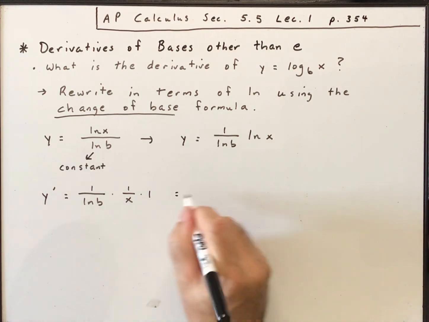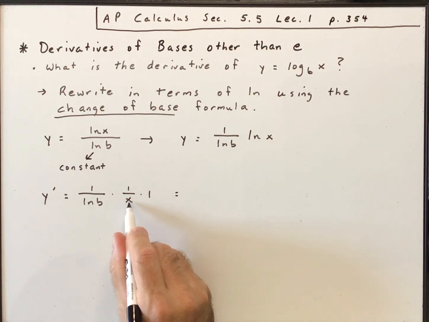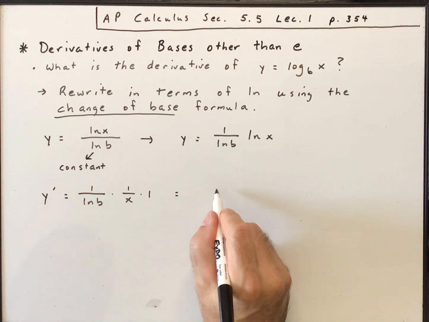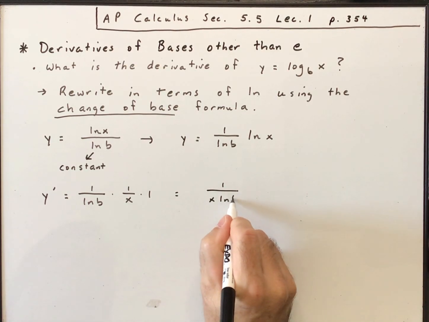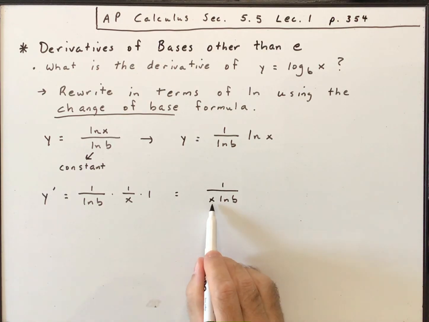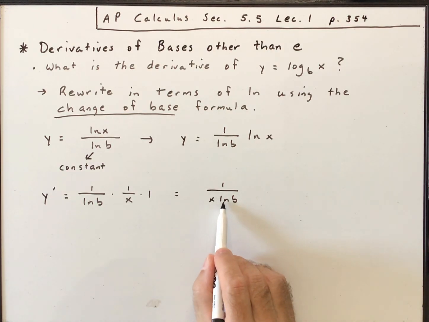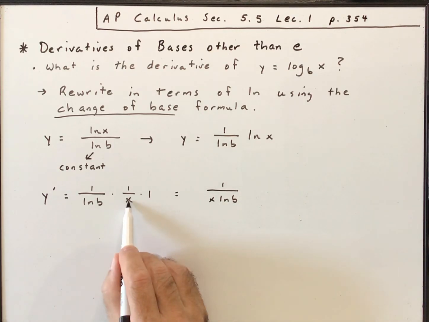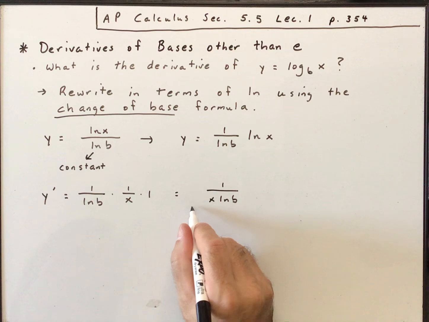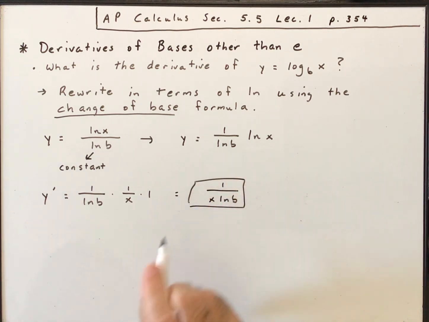So the answer then, and we're going to want to put x out front here. So that's 1 over x times natural log of b. We bring it out front so that we can show that it's not the natural log of b times x, okay? You're not taking the natural log of x, so let's bring it out front there. So that's really the basic formula, and